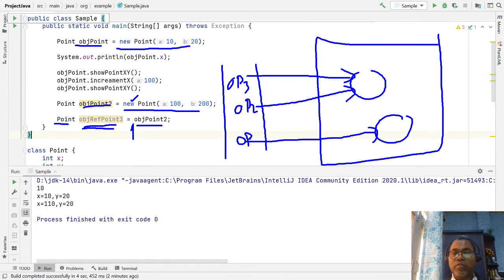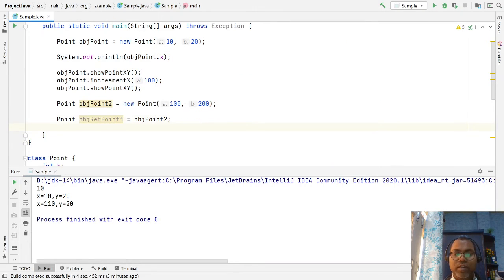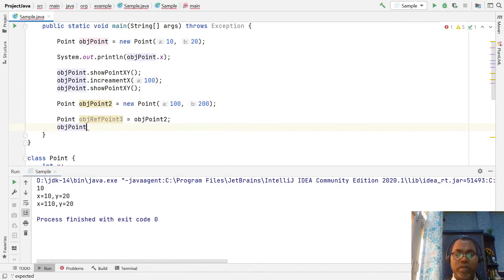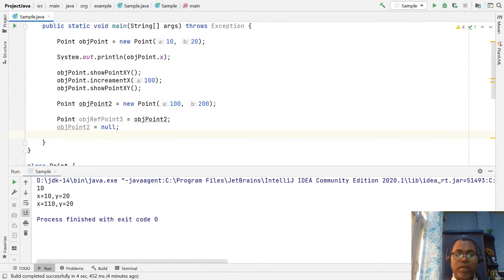And this way, let's say after some time you have done something, and after that I want to assign your object to null. So in this case, what happens?